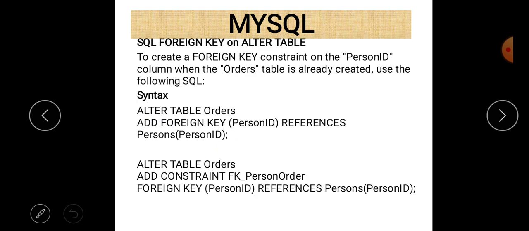Next is SQL FOREIGN KEY on ALTER TABLE. To create a foreign key constraint on the PersonID column when the Orders table is already created, use the following SQL syntax.